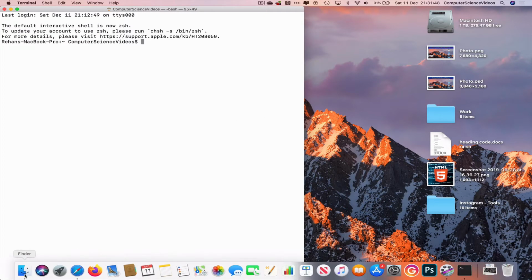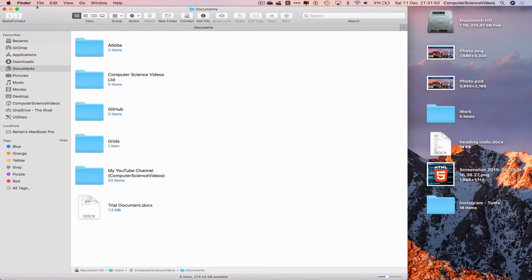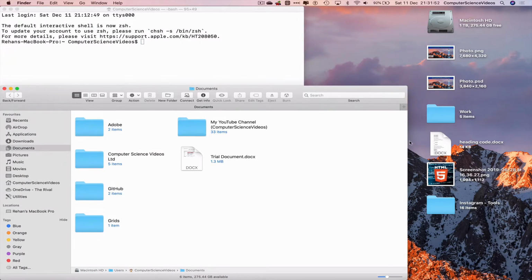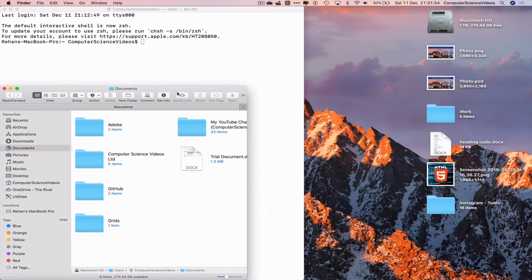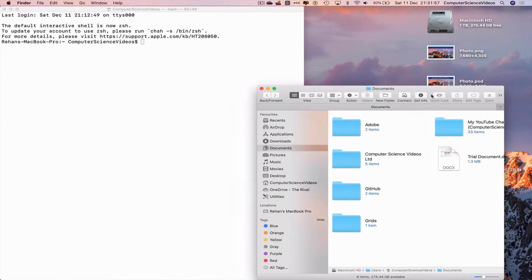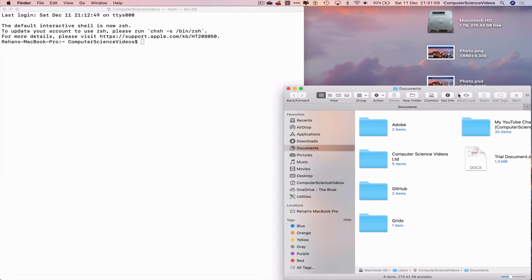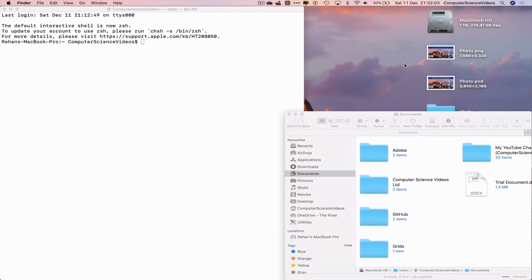Let's also go all the way down to the dock again. Go to Finder, not minimize, but decrease the size of the Finder window itself so we can then see what is happening on a simultaneous level. So Finder has now been decreased. Let's now go to the desktop,